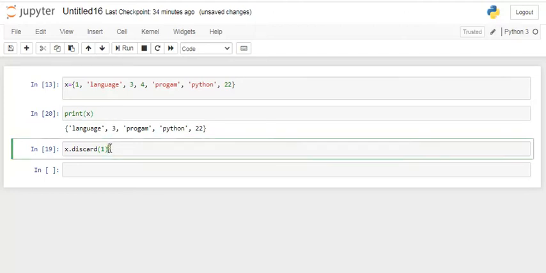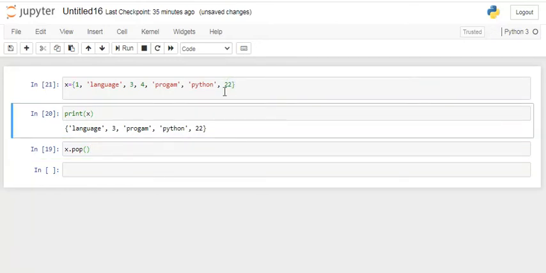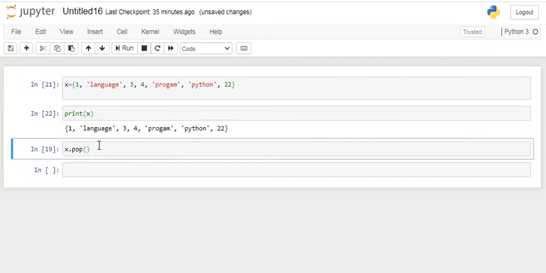And apart from this, like list, here also we have an option called pop. So what this pop will do is, it will delete the last item from the set. Let's say in this case our last item is 22. So now if I print,